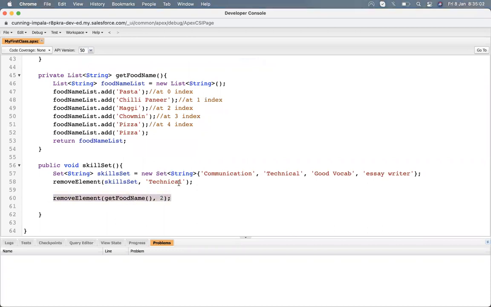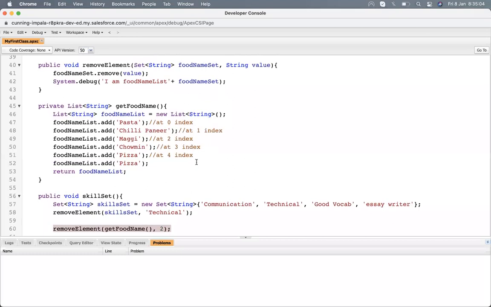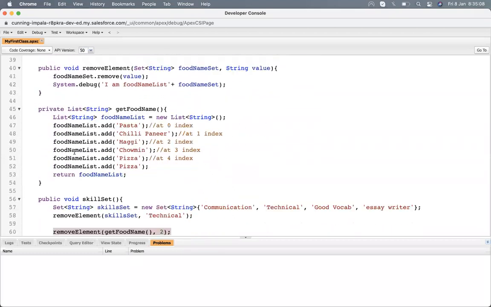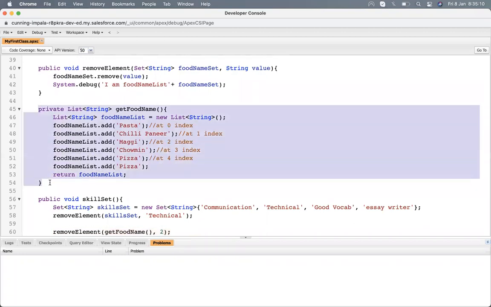Just for your practice, don't make any method larger than 50 lines. Just follow that. If a method is going to be larger than 50 lines, separate it into different methods. Your logic might be getting more complex.